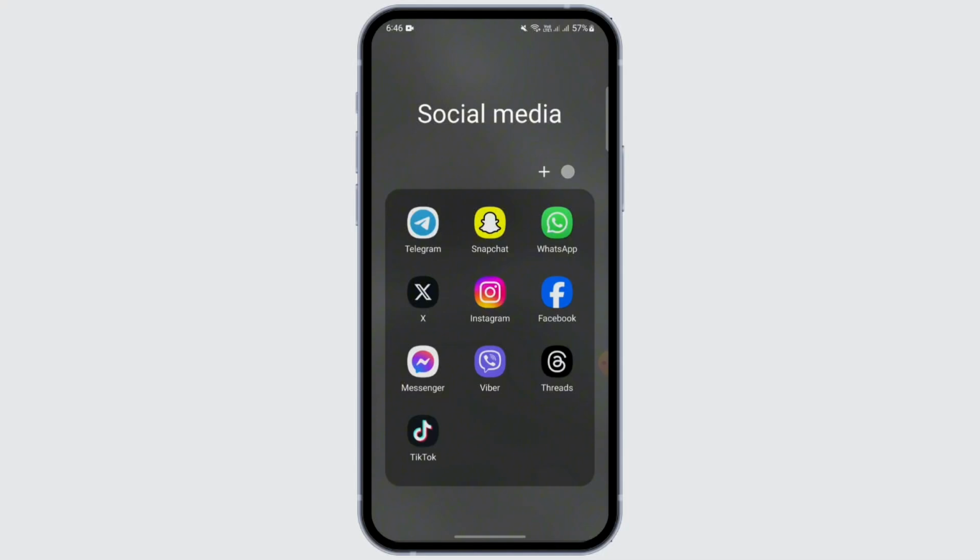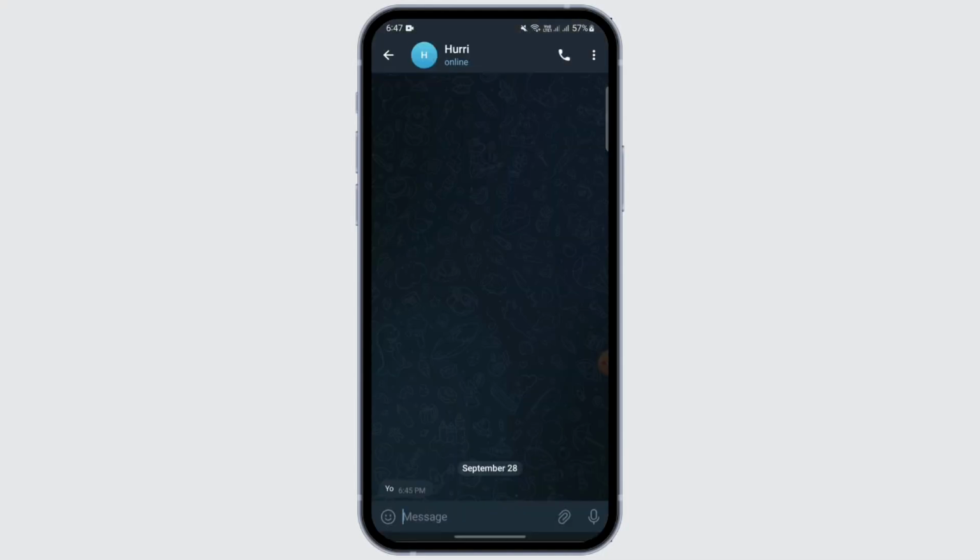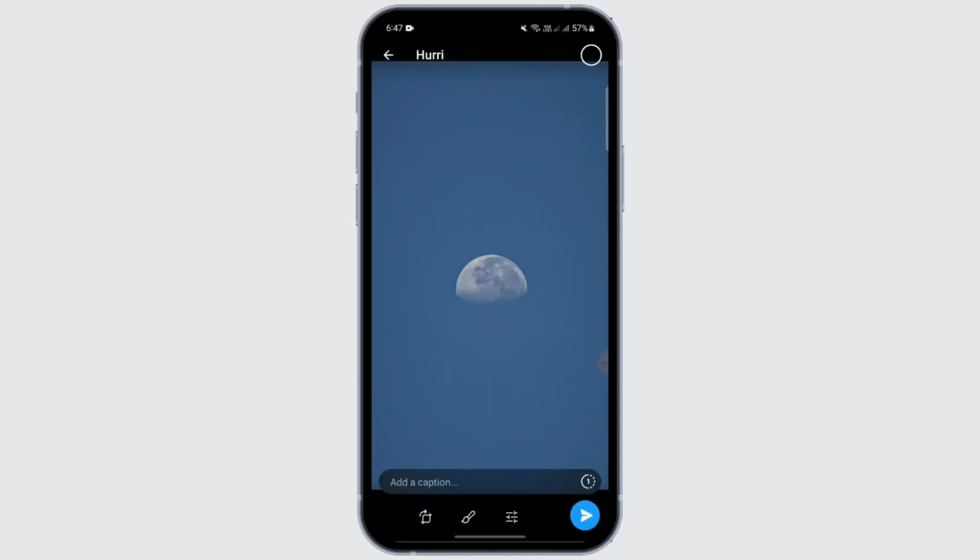First of all, launch your Telegram app. Here, tap on the person you want to send the disappearing photo to. Just tap on this link. Here, just tap on one of the media that you want to send. And here you can see the one icon at the